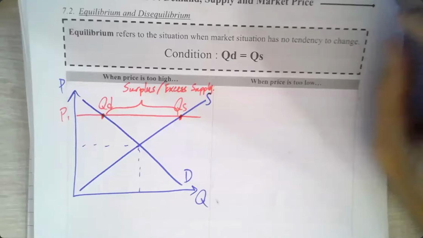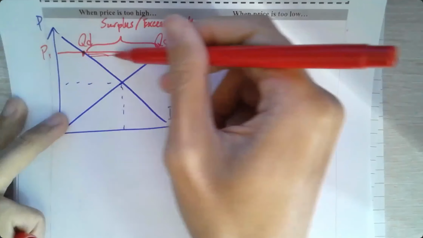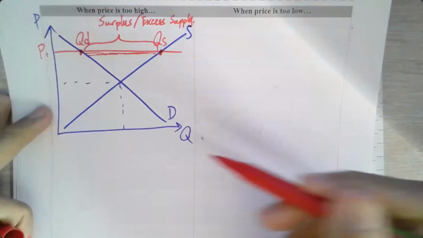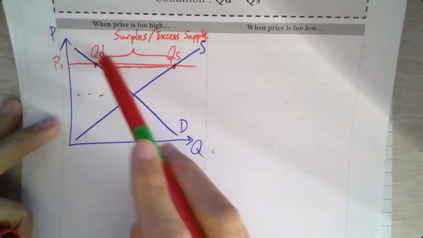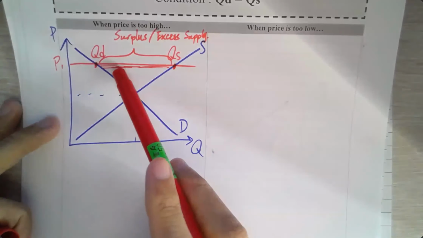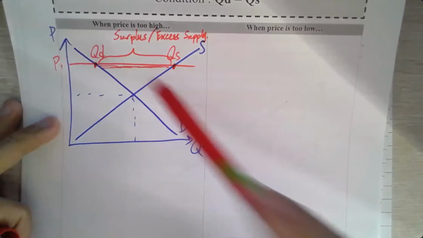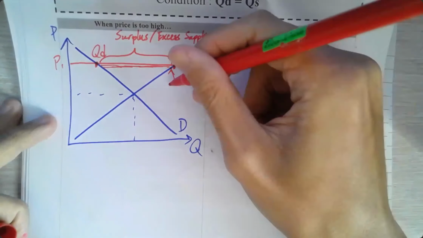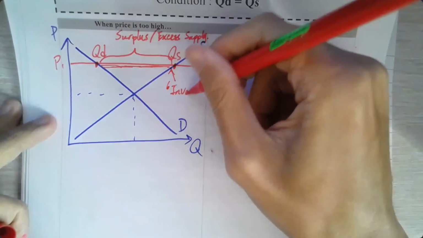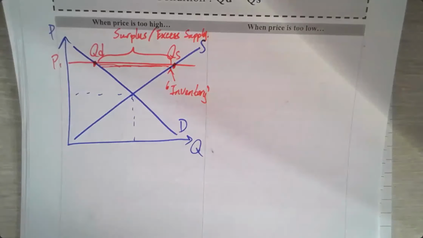So what would happen? You will see that these amounts 呢咁多件呢會發生咩事啊？This no one will buy 係咪啊？Because only buy up to here, but this part no one will buy. So these would turn into so-called inventory 係咪？而家咪 inventory 咯。